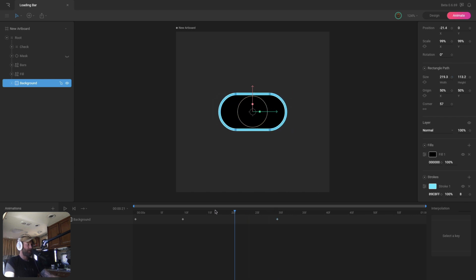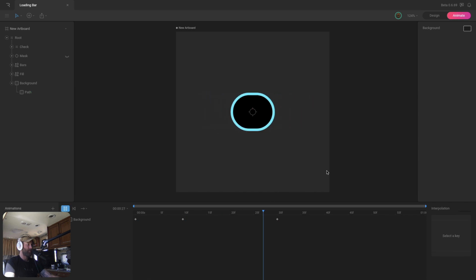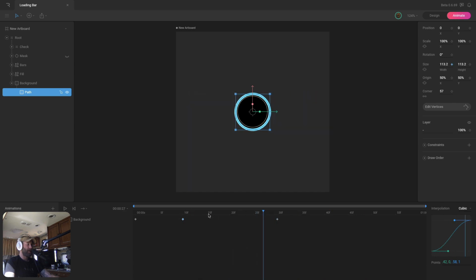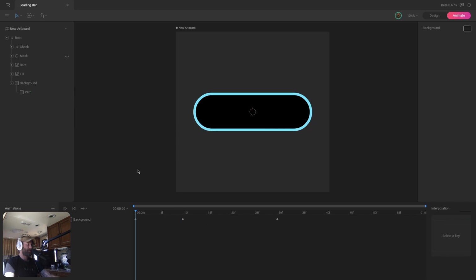I think that looks pretty good. Let's test it out. All right, now let's improve the motion with easing. So I'm going to give everything cubic. Let's test that out. It looks pretty good, but this second key, this motion right here is not happening fast enough. So I'm just going to remove the ease in, give it a really explosive curve there, and let's check that out.